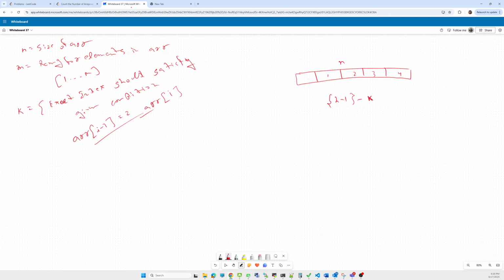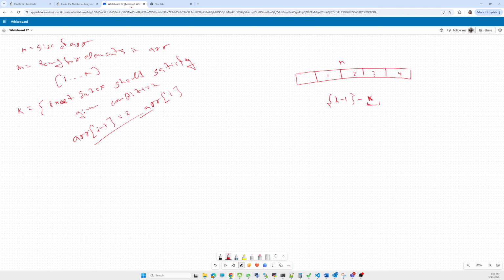For each adjacent pair, out of the total n minus 1, we are interested in only k of them. For each of them the value will be the same.